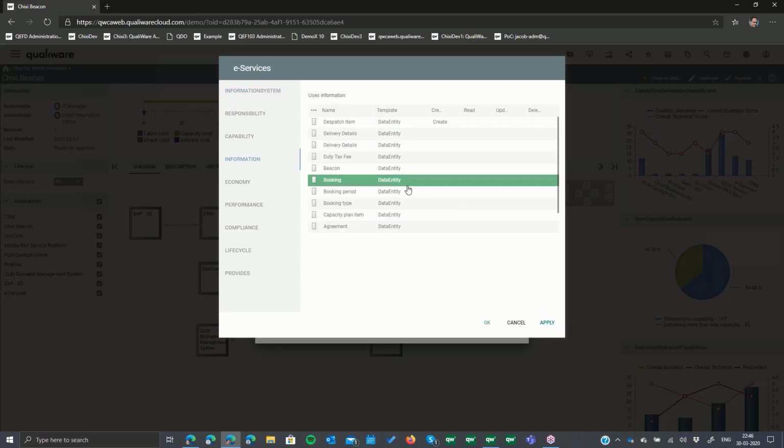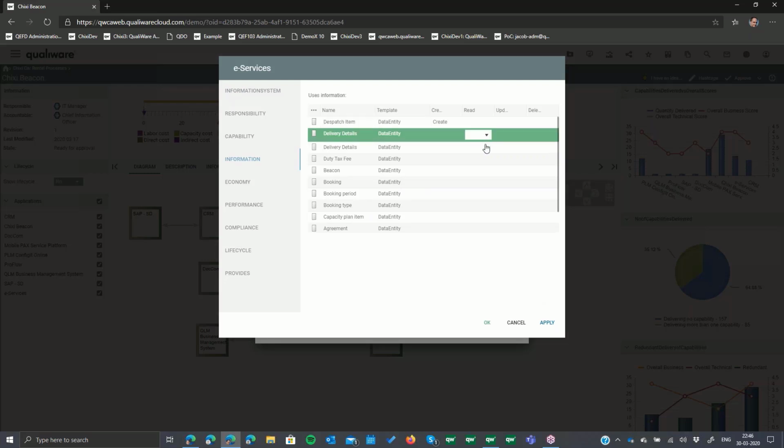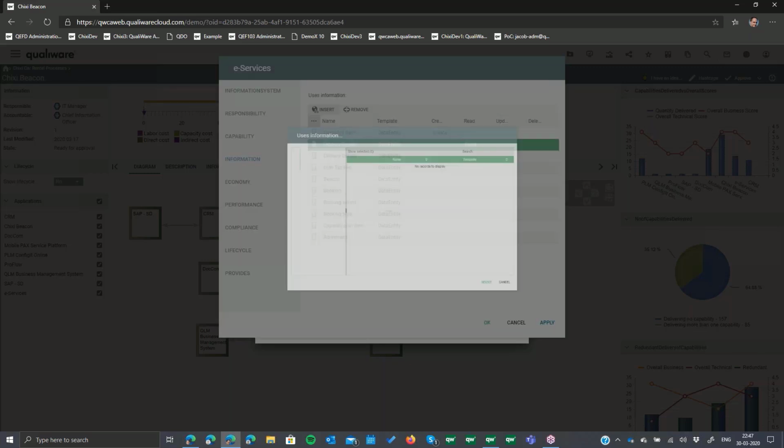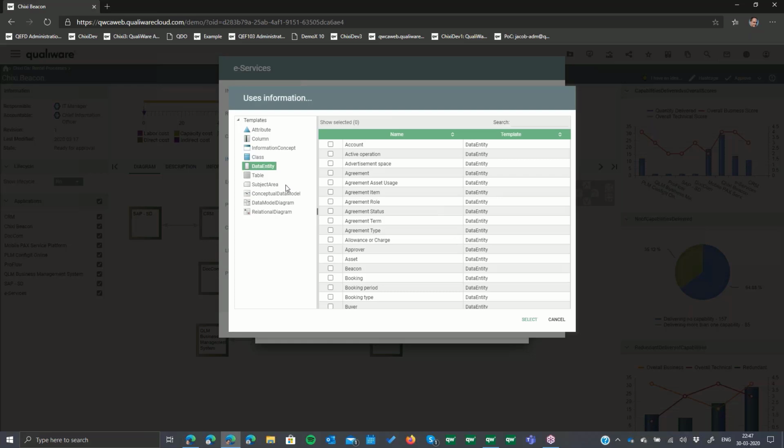And you'll see that we have the same list of data entities in here and the ability to define whether we have a create, read, update, or delete relationship with these. So again, when you do the insert, you have the data entities here. You could on this just link to the entire subject area. So if you have a subject area representing this IT system and you don't want to go into the lower level of details, you can actually link the subject areas directly up on this